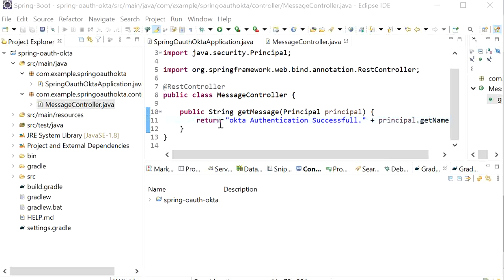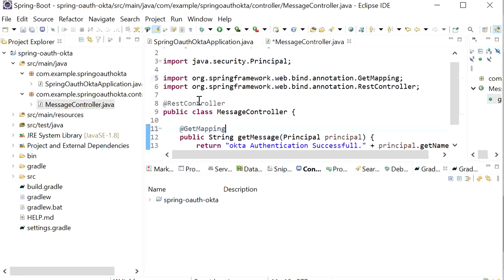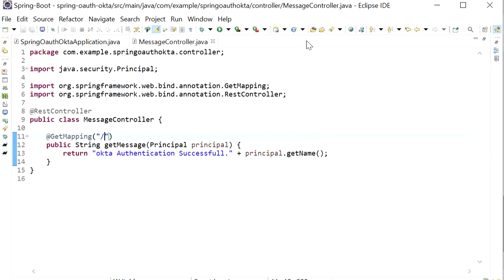I have created one REST endpoint, and when the user hits this REST endpoint, I will show this custom message. Here we also need to define the @GetMapping annotation, and we have created our Spring Boot project.